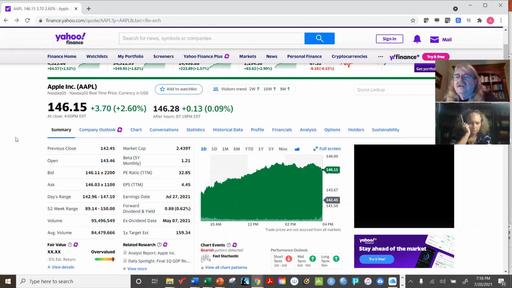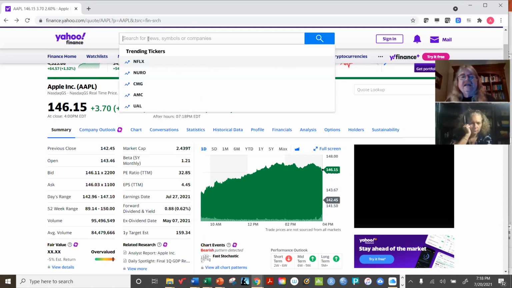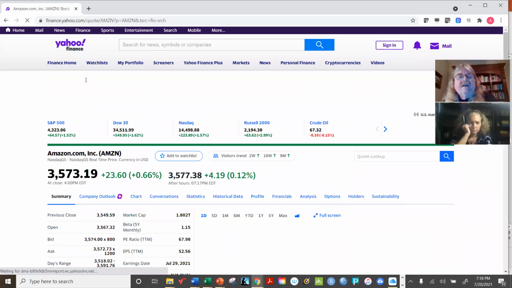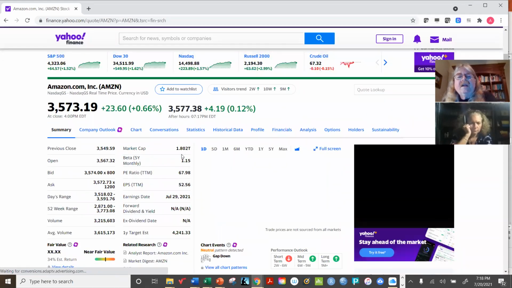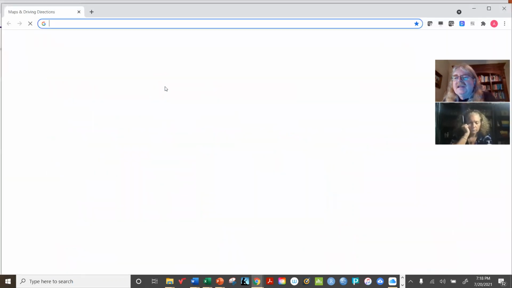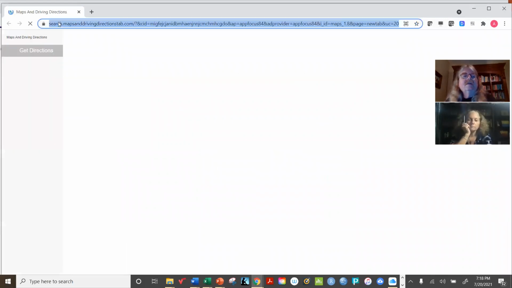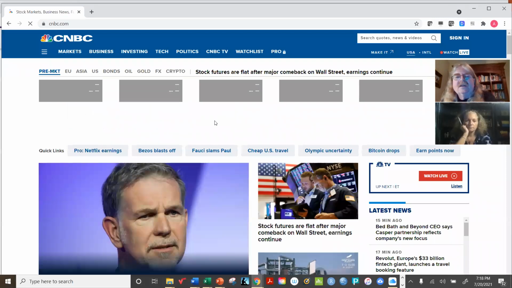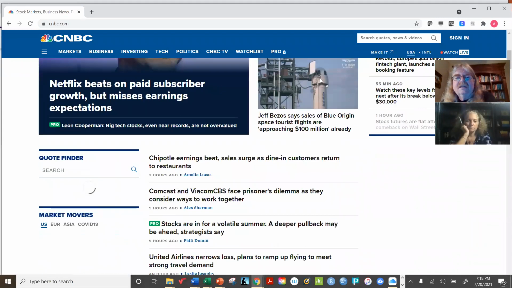That is the largest market cap in the country right now, in the world. Nobody else has that much market cap, although there are some that are coming close, like Amazon, which, as you can probably imagine, also has a large market cap, about $1.8 trillion. Which, by the way, I don't know if you saw these pictures today. Speaking of Amazon, does anyone know why Amazon is in the news today? I mean, they're always in the news, but